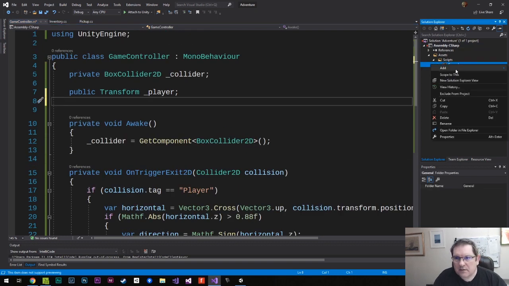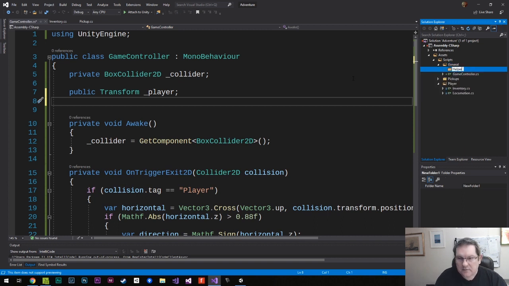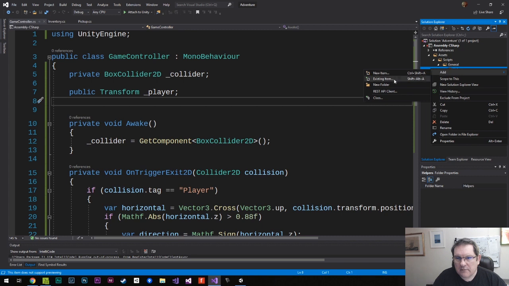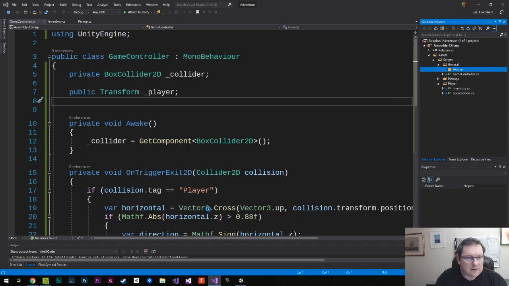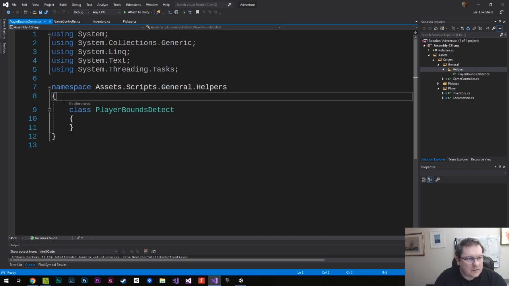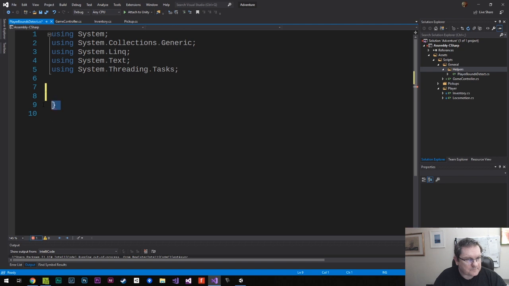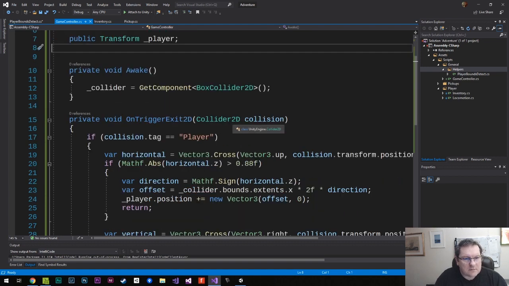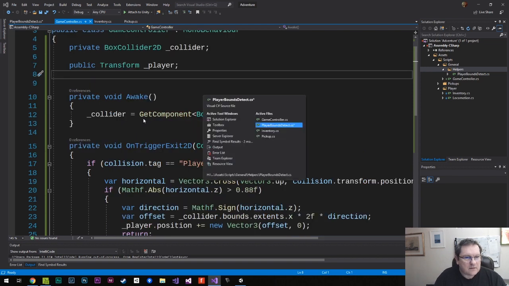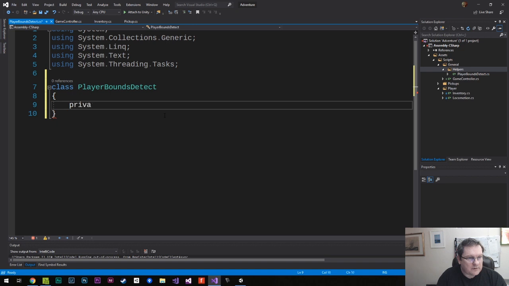So I'm going to create add helpers, and then I'm going to have add class, and in this class I'm just going to call it PlayerBoundsDetect, and I don't want that namespace. Bounds detect, so the collision is going to be whatever the player is, but we need to pass in this collider. So I'm going to have private readonly BoxCollider2D